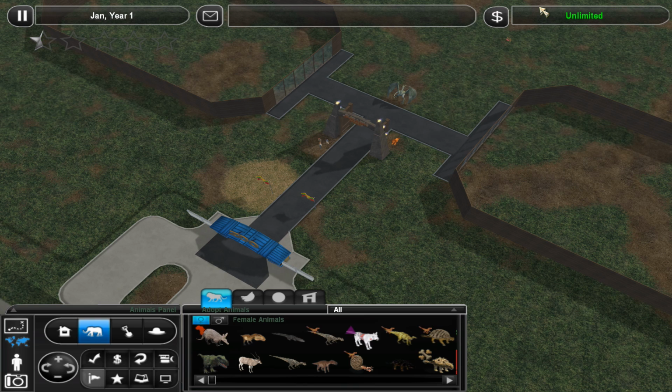Zoo Tycoon 2, oddly enough, despite the game being 18 years old or 15 years old at this point in time, has actually had a bit of a modding breakthrough lately, and we're going to look at two examples of those mods today. I'm going to try to explain what's going on in my very limited knowledge of what is going on,